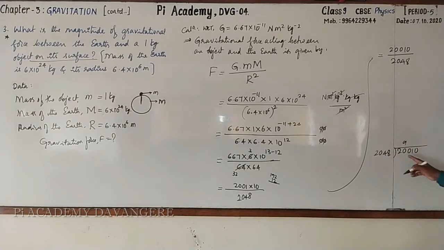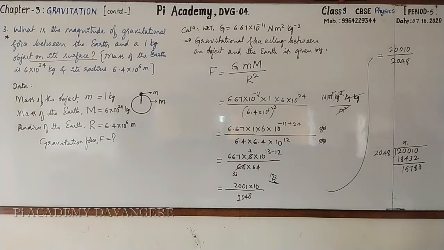9 8s are 72. 7 is the carry. 9 4s are 36, 43. 4 is the carry. Then it is 4. 9 2s are 18. Now subtract. It is 10 minus 2, 8. 0 will remain. Borrow 1. 10 minus 3, 7. 9 minus 4, 5. 9 minus 8, 1. 1 minus 1, 0. Then put the decimal, take 0.